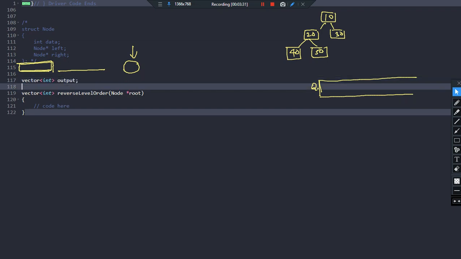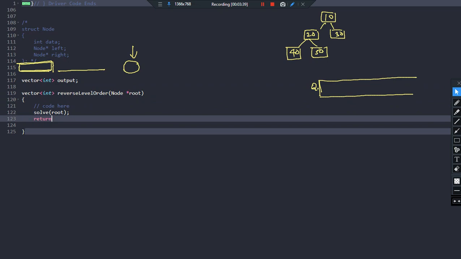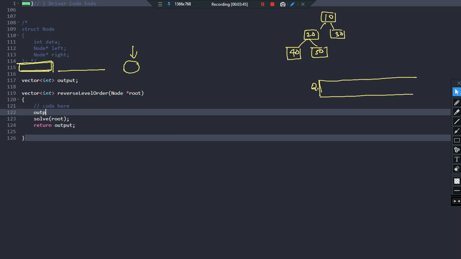Inside this function, we call the function solve and pass the root node. This solve function will update my output vector, and I'll return that output vector here. Before that, we should do output.clear. These are the things we generally do in all the videos.